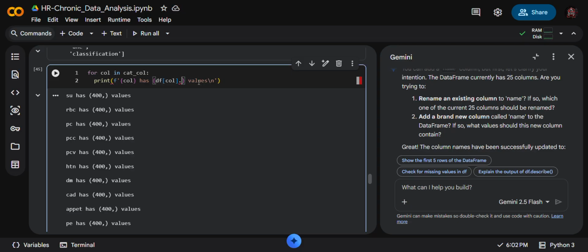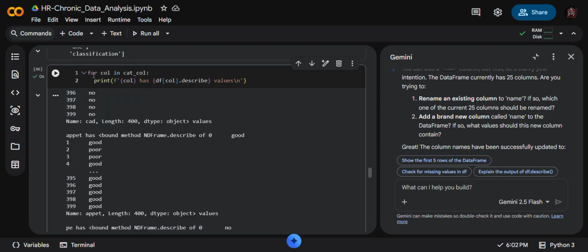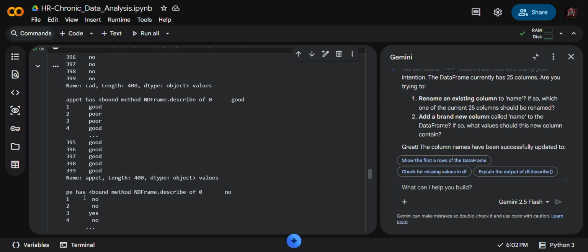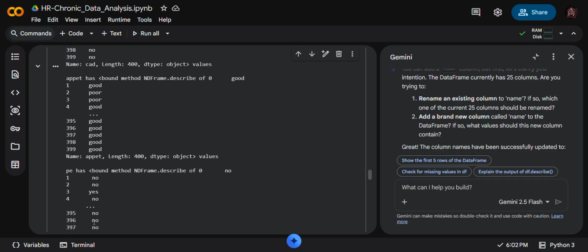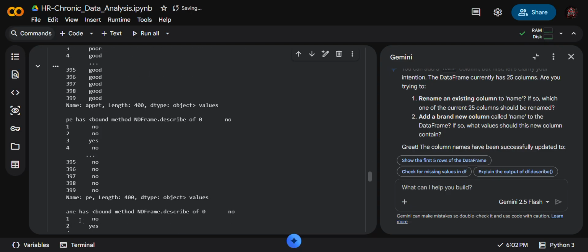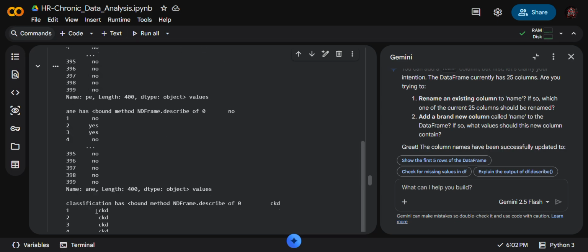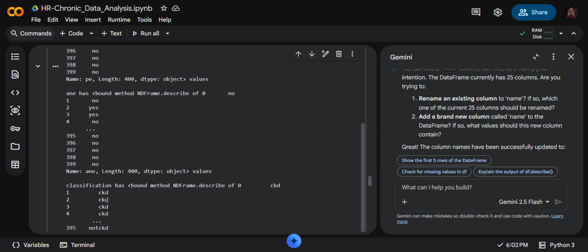we take describe. Now let's see. Oh wow, that's mind blowing. This is appet as good, good. Name appet, okay, full p, no, yes, and for any has no. Okay, and for classification, CKD.